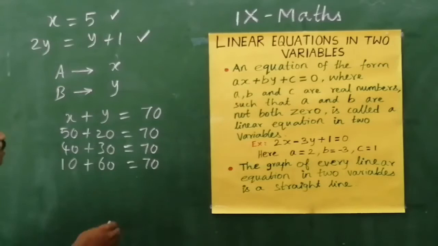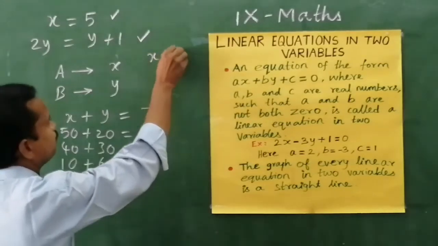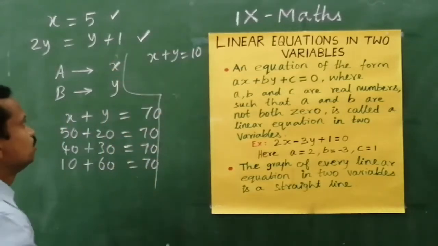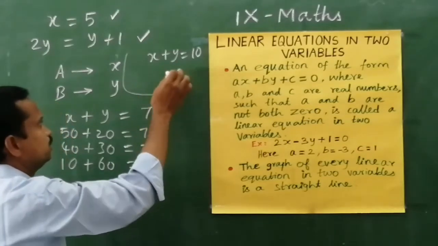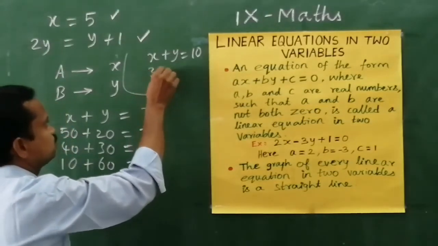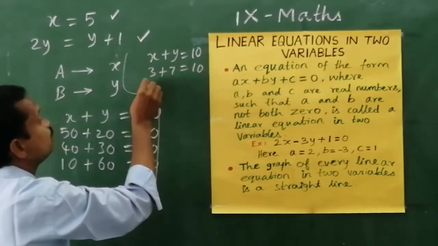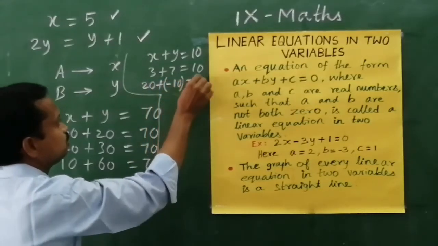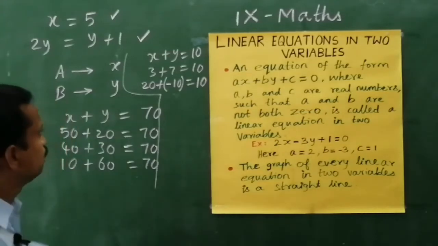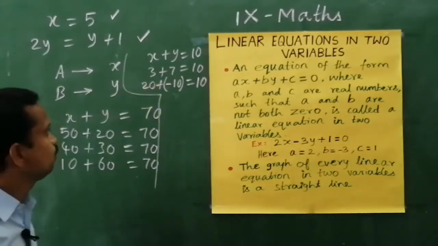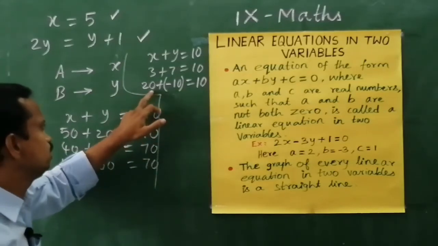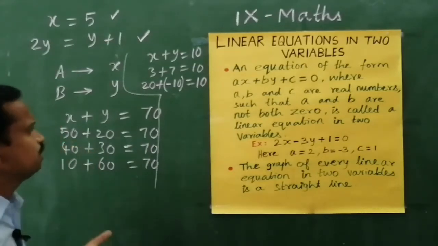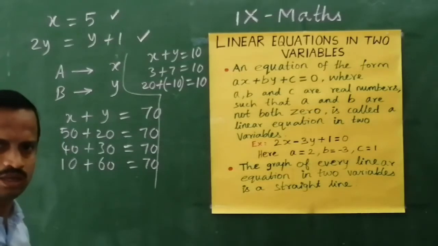For example, if you take another example, x plus y equals 10, in a playing game. For example, two variables whose sum is 10. So, you can have 3 plus 7 equals 10, or 20 plus minus 10, that also equals 10. So, both may be positive, or one may be positive and one may be negative, and the value comes to 10. Like that any kind of value we can give, different values will come for x and y.